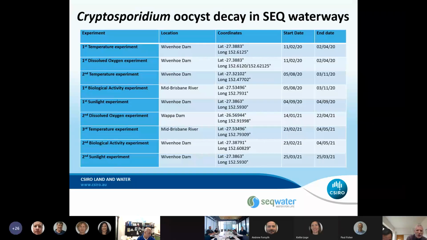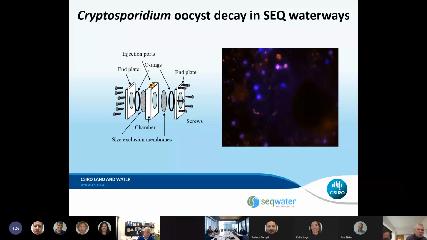They're very simple, predominantly. Apart from the sunlight experiments, what we do is we collect water from the reservoir or the location. We have what's called chambers, and you can see a schematic, a split diagram of them here. You bring them together. So we have a volume of water, usually about 1 litre, which we seed with Cryptosporidium, and then we inject that water into a number of these chambers, so, enough chambers so we can come back